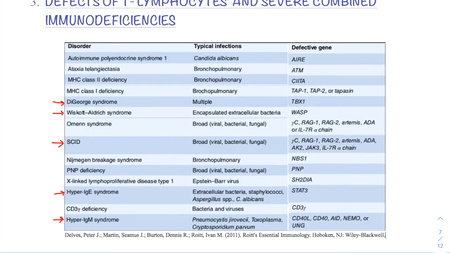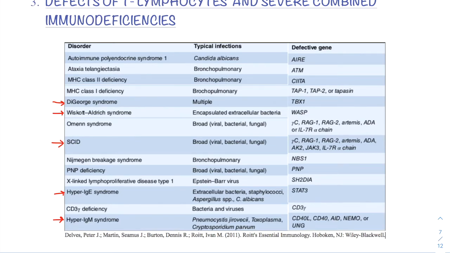The rest of the diseases are to complete the list. They are not usually asked in exams and they are not important to remember. So these include autoimmune polyendocrine syndrome type 1, ataxia telangiectasia, MHC class 1 and 2 deficiencies, Omenn syndrome, PNP deficiency,